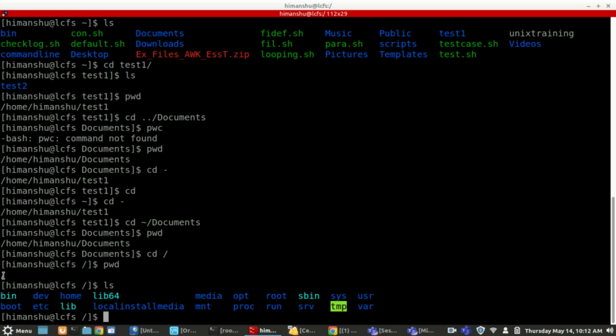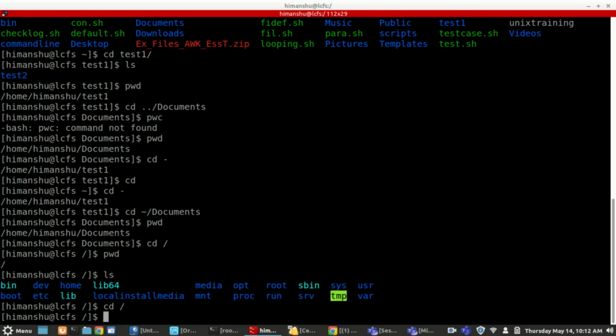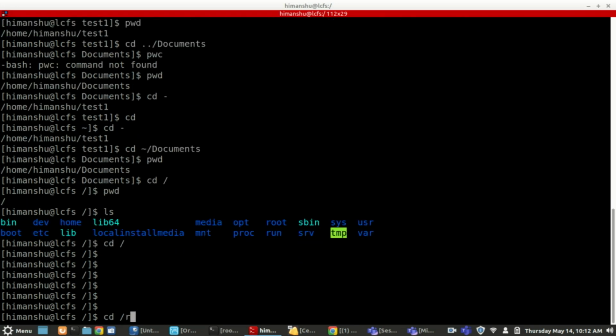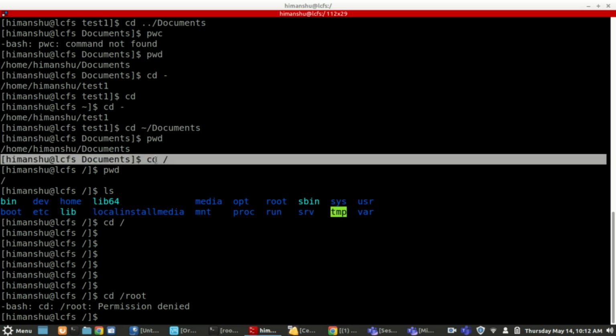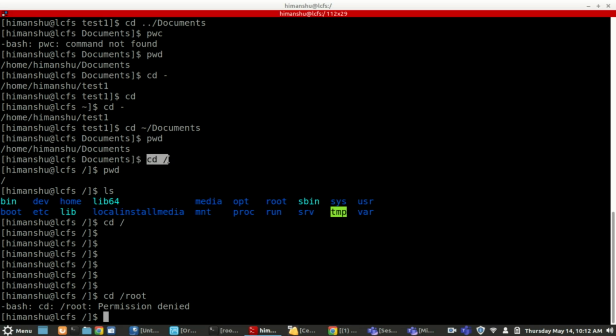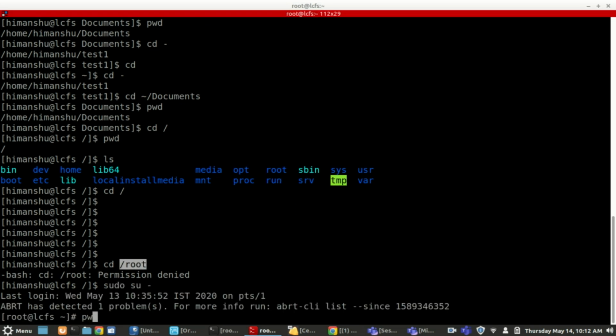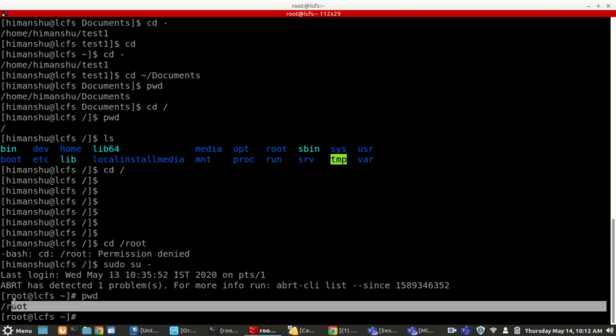Okay, always remember cd slash is your root directory, but cd slash root is a different directory. So this is not the same as slash. There is a difference. Slash is the top level, the root of the entire system, and slash root is the home directory for the root user. Okay, if I just do sudo, so see, this is my home directory for root user.